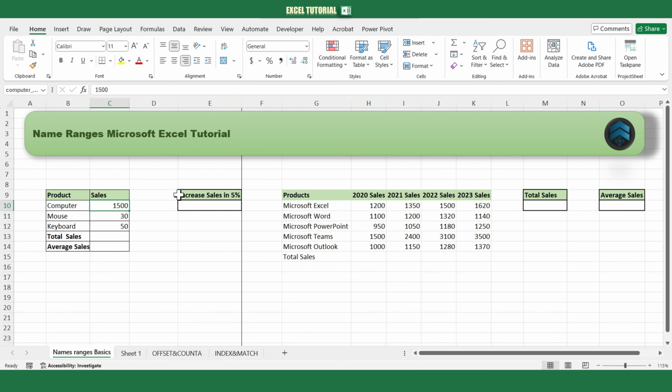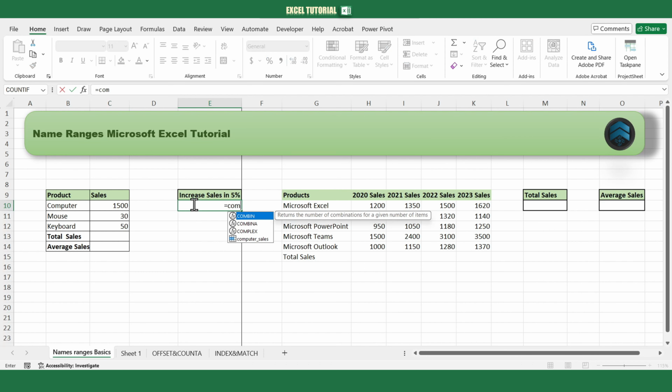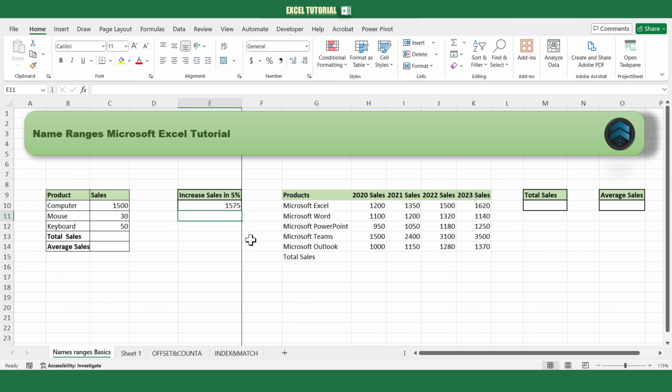And let's say that in cell E10, we want to increase this computer sales by 5%. We just type equal, and now we do not need to select the cell reference anymore. We can simply type the name Computer_Sales, then multiply it by 1.05, and there you have it. Now we can do the same for all the sales of our product list. So we select the range from C10 to C12, then go to the name box, and we can type